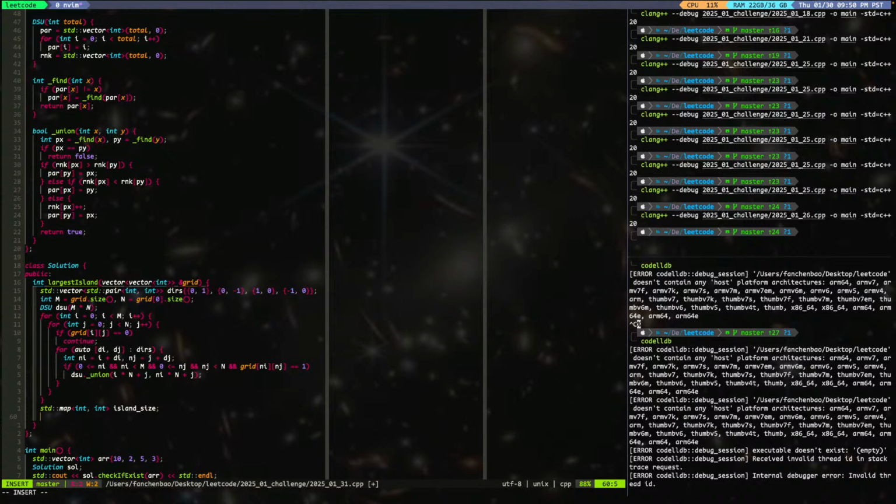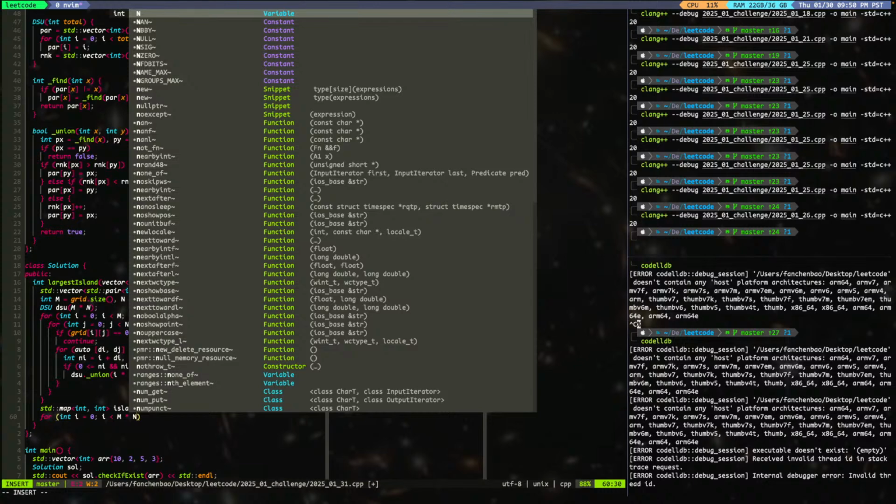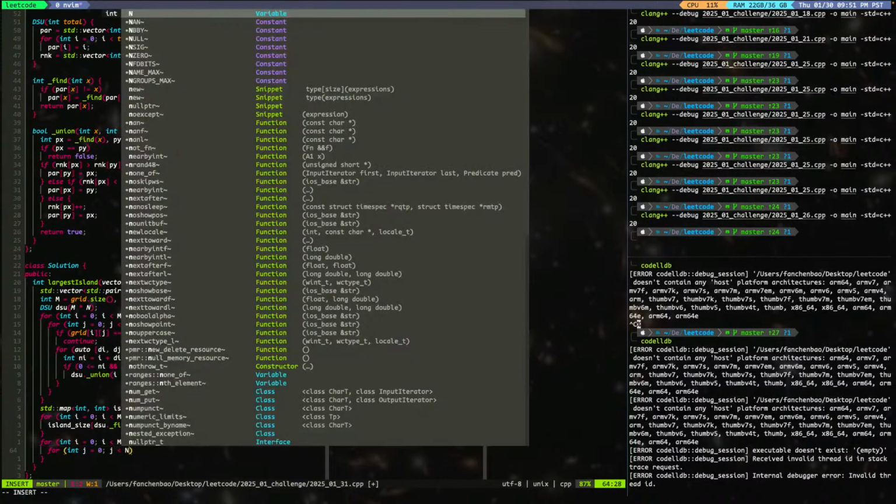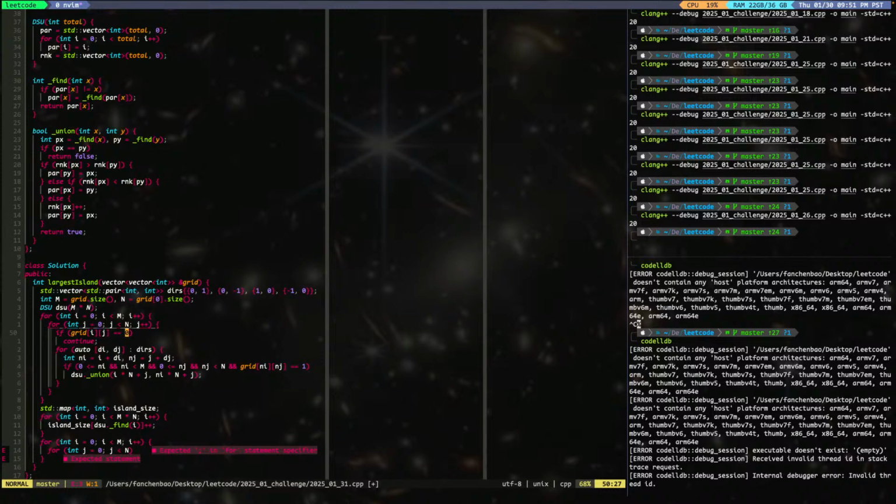Alright, well, we're gonna go through the pattern. So what we're gonna do is for int i = 0; i < m times n; i++, right. We're gonna do map, not map, island size, DSU dot find i. There's no find, there's one underscore find, right? So this we get all the island sizes, and then we're gonna go through this thing one more time. We can optimize it by picking out all the zeros, but